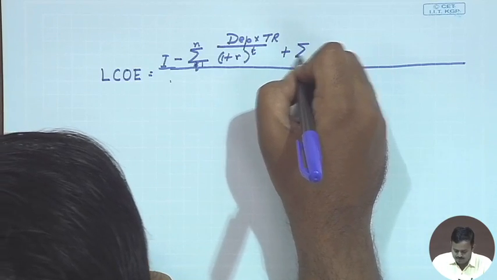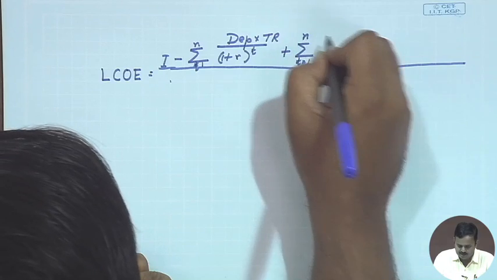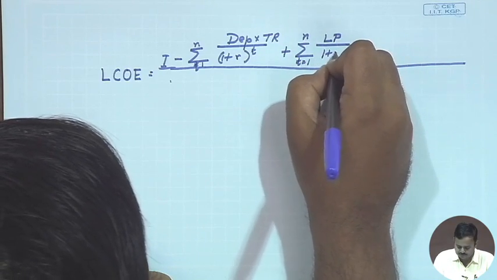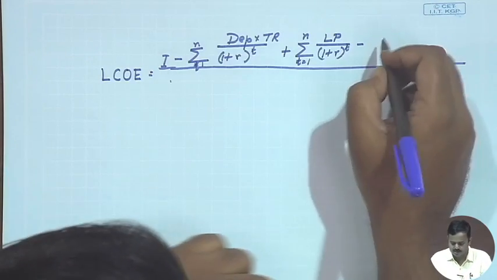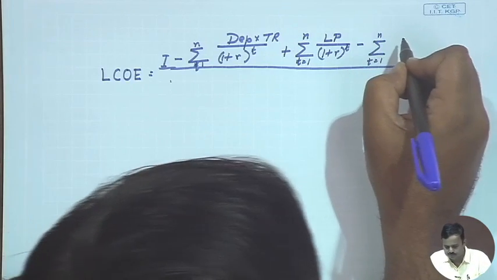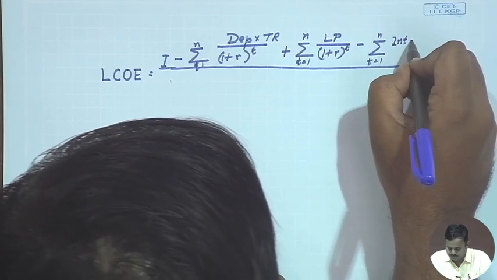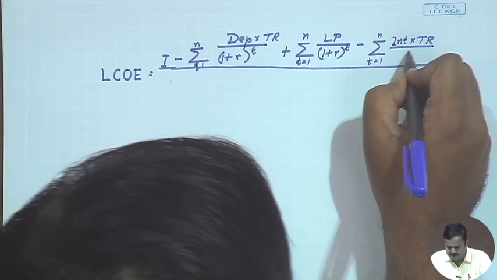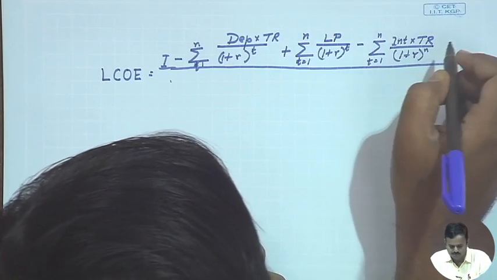Plus sigma, t from 1 to n, LP divided by 1 plus R to the power t, minus sigma, 1 to n, interest INT times tax rate TR divided by 1 plus R to the power n,